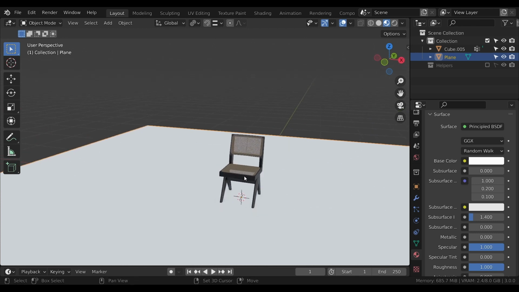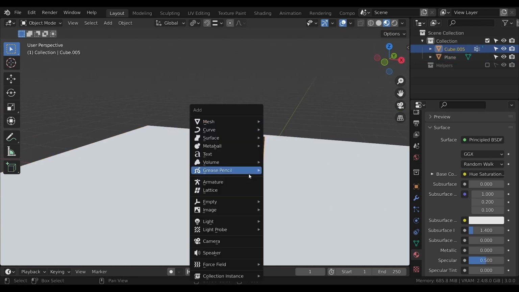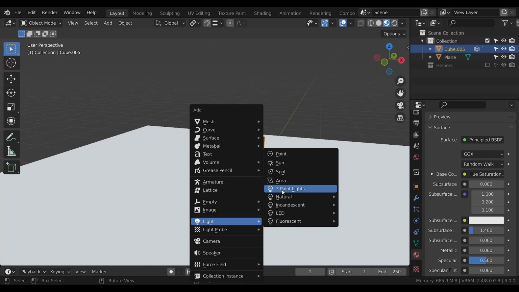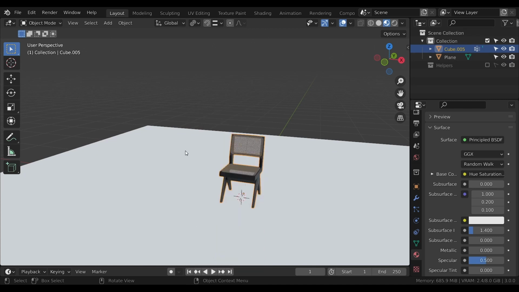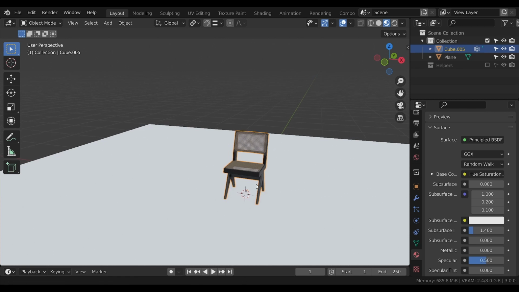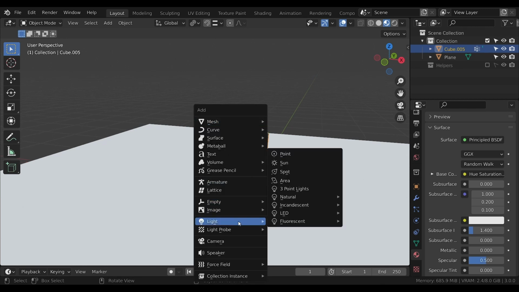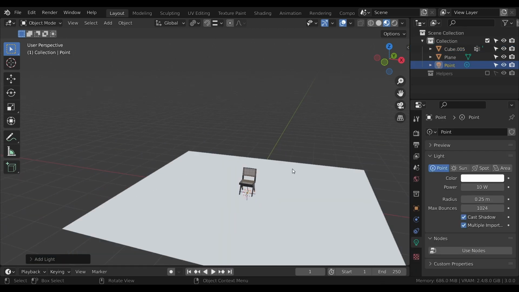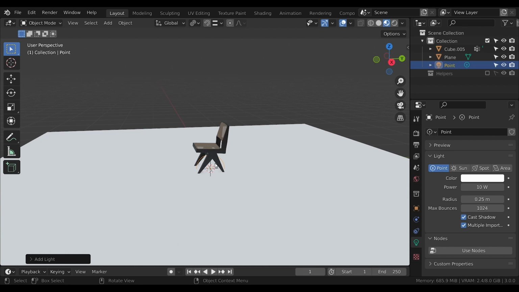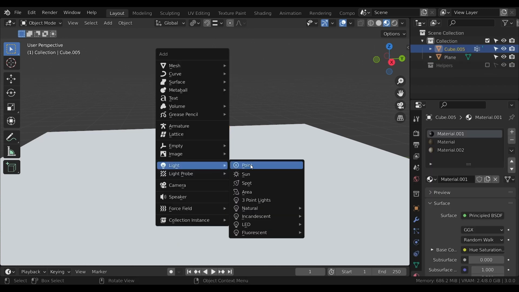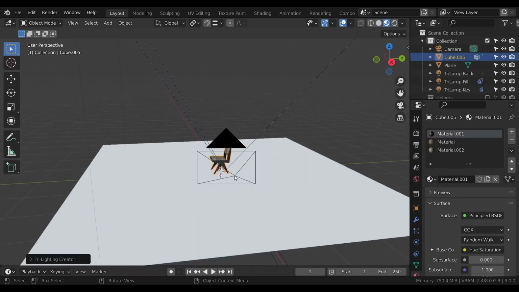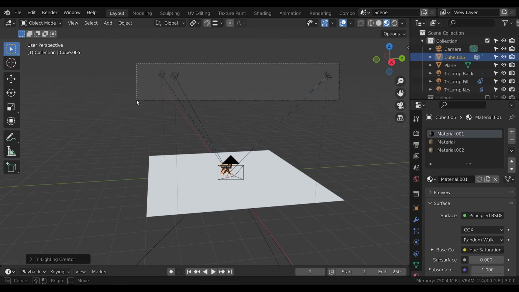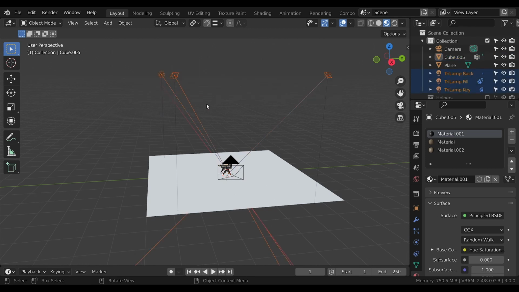So to add that, you need to have 3-point lighting. In the edit preferences and in the add-on tab, you will find the 3-point lighting and enable it. So I will add the 3-point light like this. Sorry, 3-point light. Then I will select all my lights like this and